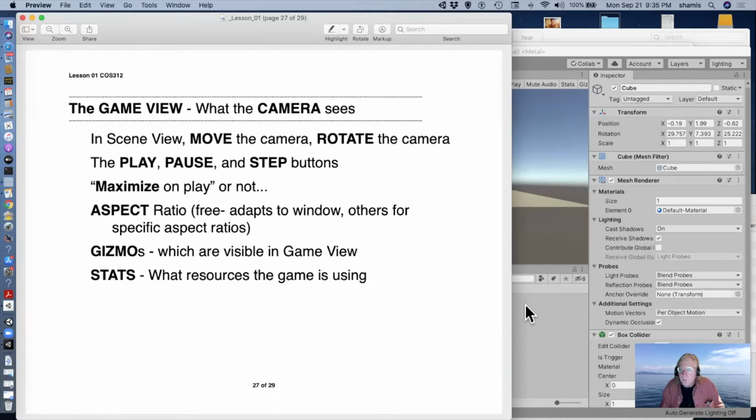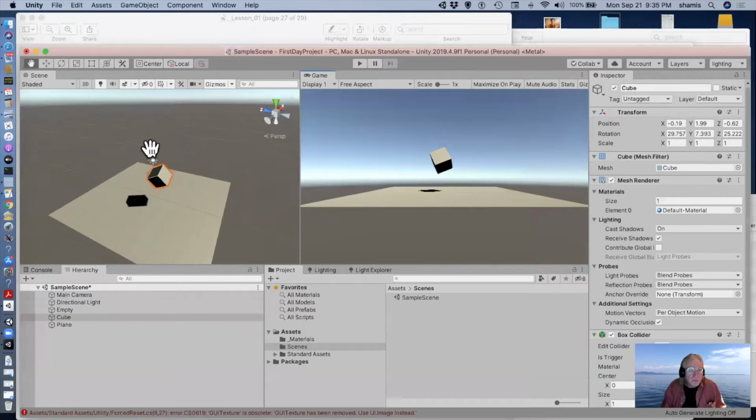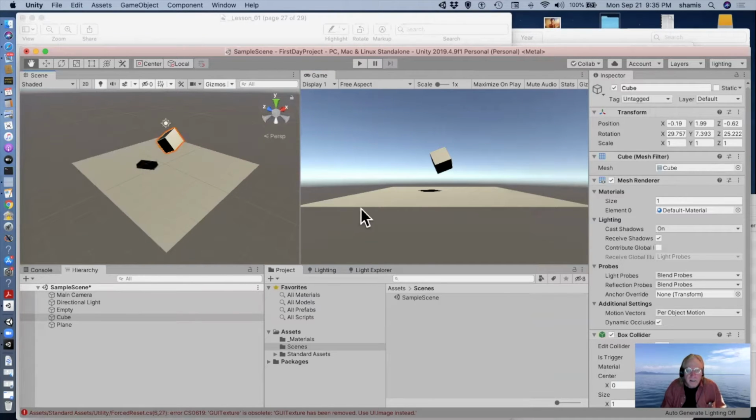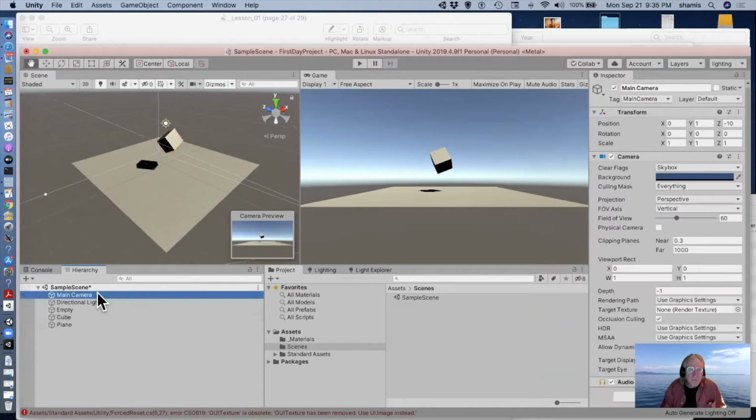The game view over here is what the camera sees. So while over here we've been moving around throughout our scene, nothing's been happening over here. This is what the camera sees. And if I select the camera and go up here to Game Object,